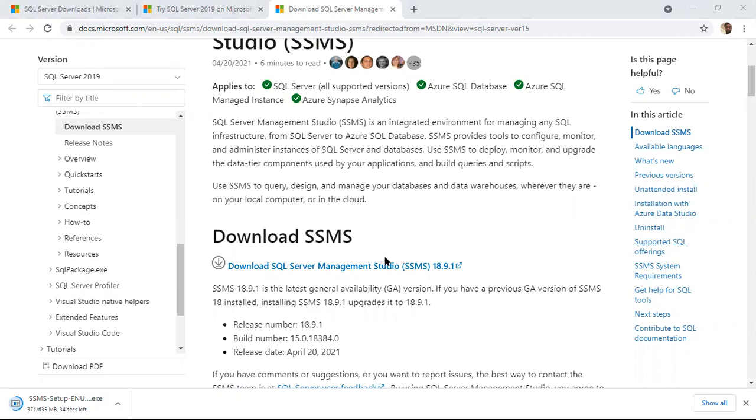Remember, we can use this latest SSMS to connect to any server. It may be the latest version or lower versions also. With this 18.9.1 version, we can connect to any server, maybe of any version, higher or lower. That means equal and lower versions. Till now this is the latest SSMS, that's why whatever versions are there in the market today, we can connect to any of them.